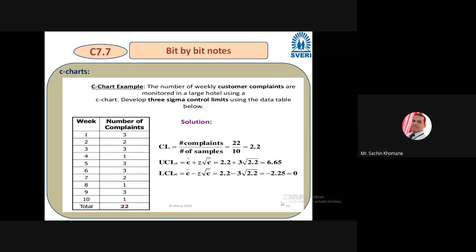Either you will inform that waiter, or inform the kitchen where the food is being cooked, and you have to train that person. Maybe due to lack of skill it may happen. You have to train. Although you have trained, still in the next 11th week the same thing happens. You will ask that person to leave the organization, right? You will not tolerate after a certain limit. So that may be the corrective action, right?